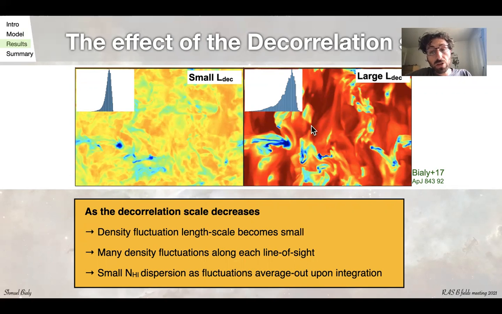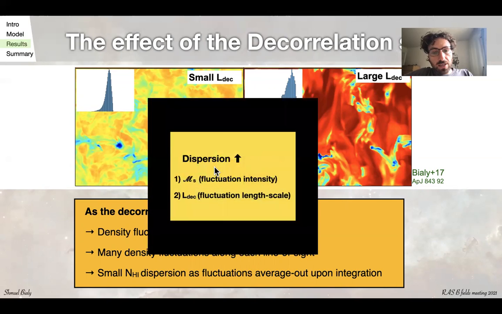This is for the same sonic Mach number, so the PDF of the density field is the same. It's just the smoothing effect that reduces the PDF here and there. So in other words, what we can say is that if we observe a PDF of HI or some other molecule, by the dispersion in the PDF, say the standard deviation, we can deduce the sonic Mach number,